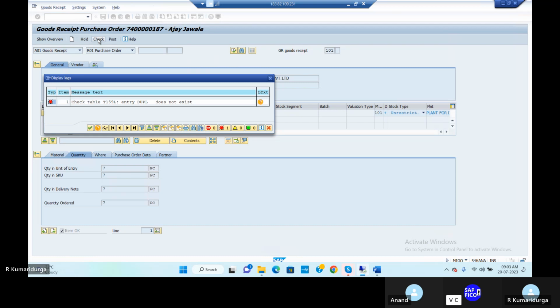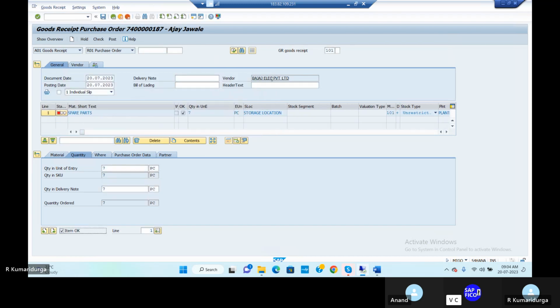Check table T159L. Okay. Entry DUPL doesn't exist, I think so. So when we are trying to repeat the